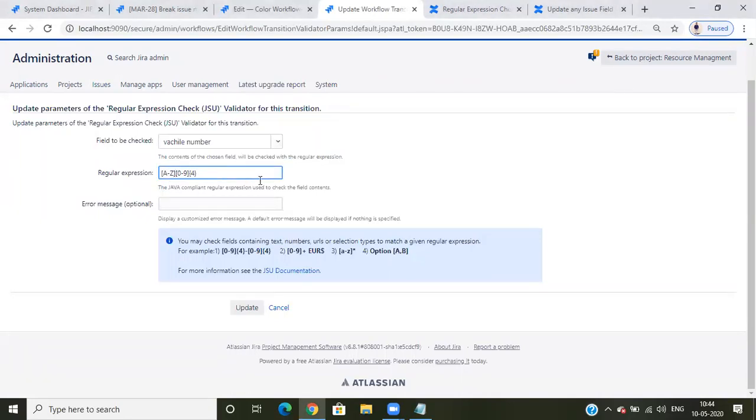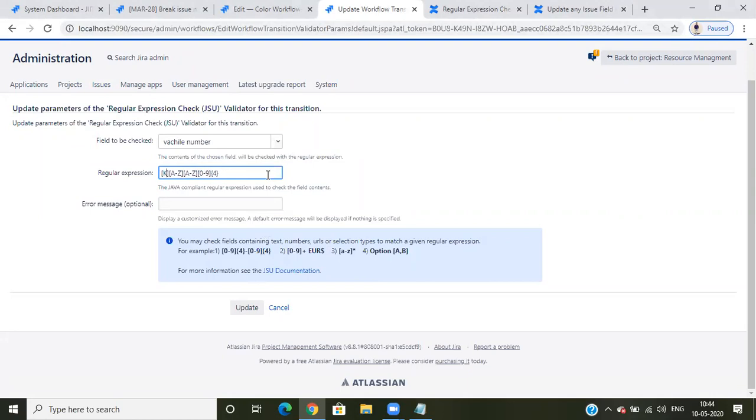Second, A to Z we need to give here. Next A to Z. So this we missed. We are giving two letters, but we have selected only one letter here. So next we are selecting here.